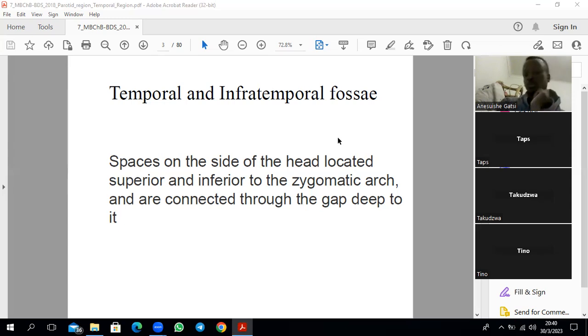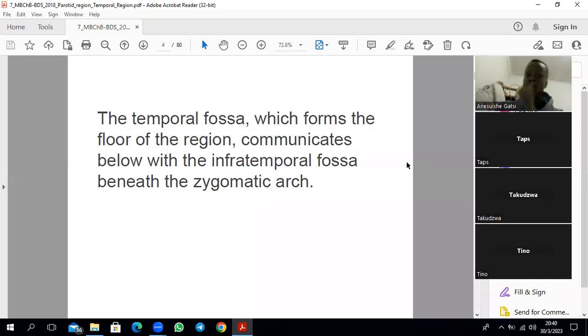Then with the orbit via the inferior orbital fissure, and it will also communicate with the pterygopalatine fossa via what we call the pterygomaxillary fissure. Right. So